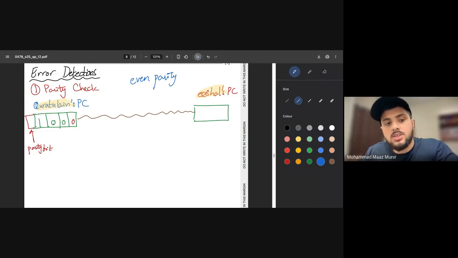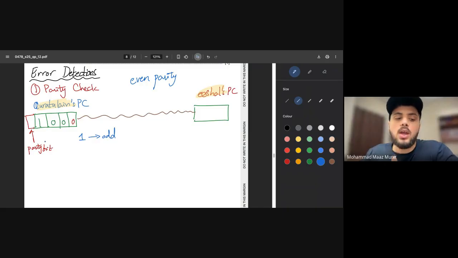जो कि इस सिनेरियो में कितने हैं 1000, so we see that she has only one single one, right? So one is an odd number। अब जब उसका odd number one आ रहा है, number of ones are odd in nature, but we need to ensure कि the number of ones are even in nature, तो हम करेंगे क्या, we are going to set this parity bit to either a zero or a one depending upon कि जो number of ones है वो even या odd होते हैं या नहीं।